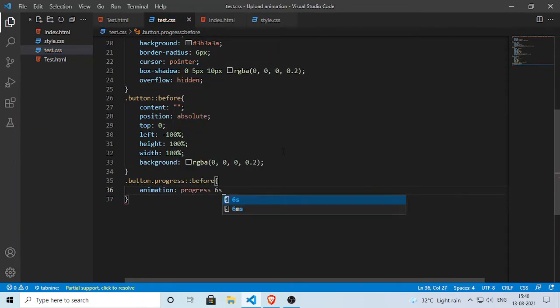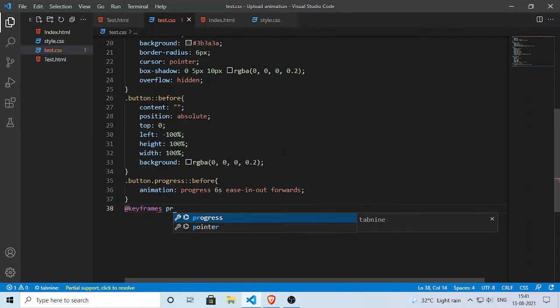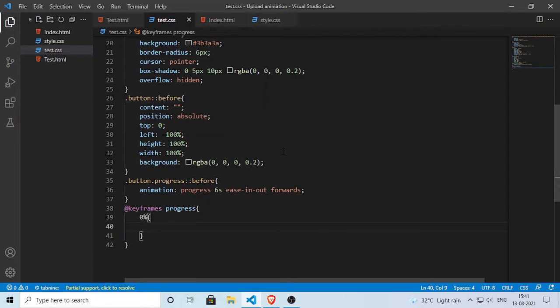Then in the button progress, we have given before, and here we are creating an animation which is progress of 6 seconds, and the transition will be ease-in-out forwards. Then we are defining it by using the @keyframes progress tag.